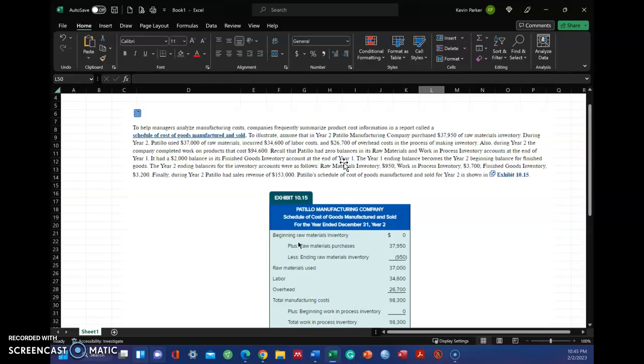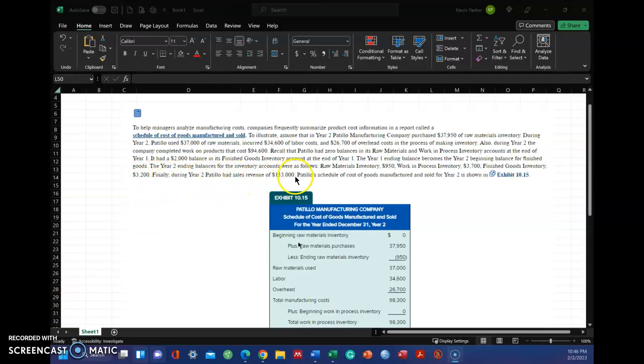So at 11:59 p.m. and 59 seconds, one second to midnight, ending inventory. A second later, same dollar amount, same units, beginning inventory, year two. Year one ending inventory balance, that's just what I said, and raw materials ending 950, work in process ending 3,700, finished goods inventory